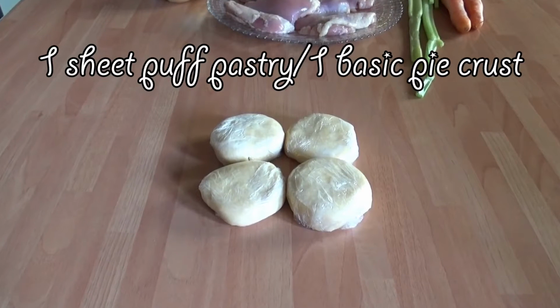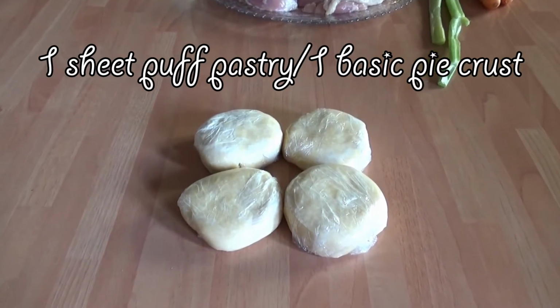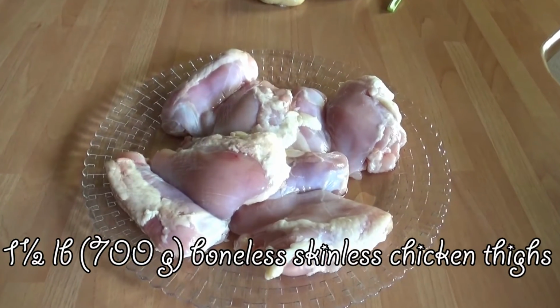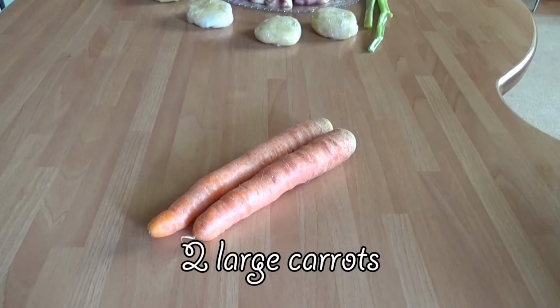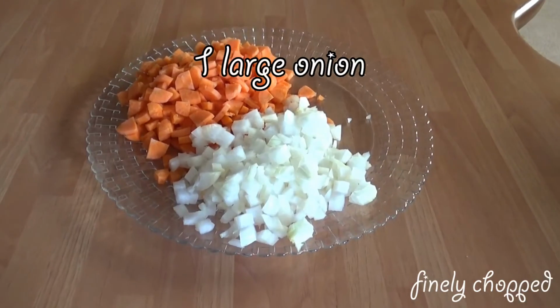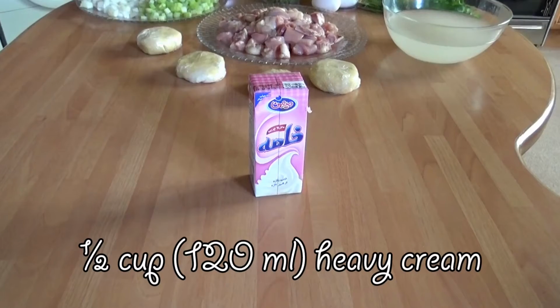Now let's go over all the ingredients and let's get started. We're gonna need 1 sheet of puff pastry or 1 bowl of basic pie crust or 4 little ones, 700 grams of boneless skinless chicken thighs cut into about 2.5 centimeter pieces, 150 grams of frozen peas thawed, 2 large carrots diced, 1 large onion finely chopped, 2 stalks of celery chopped, 3 cups of chicken stock, half a cup of